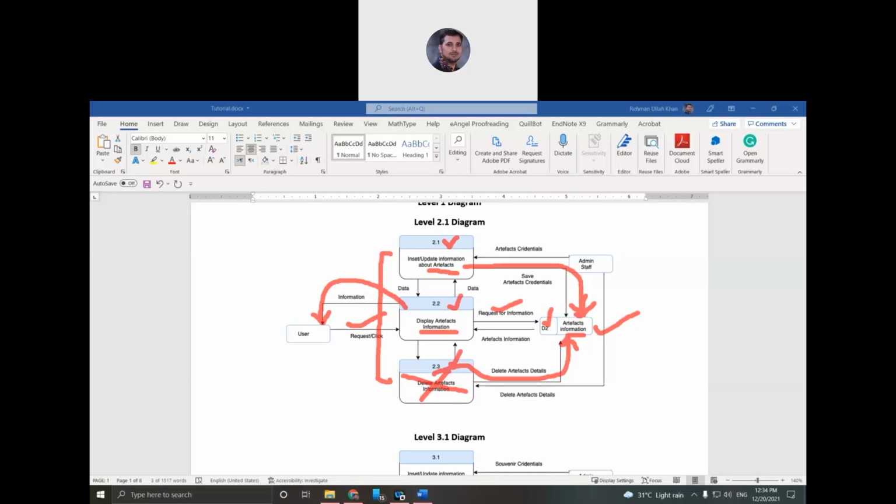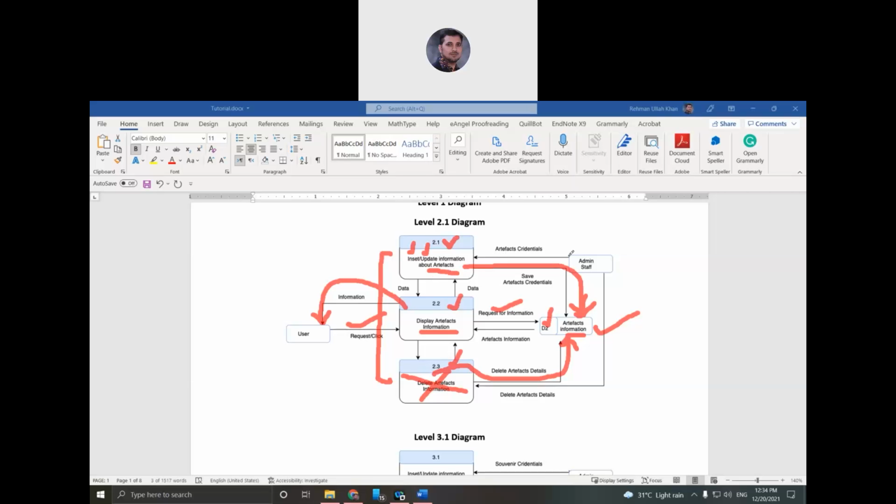Update just modifies the existing thing. So this is why I just use the slash, insert or update. Actually, the process is the same. This is why I didn't decompose it into a separate process.